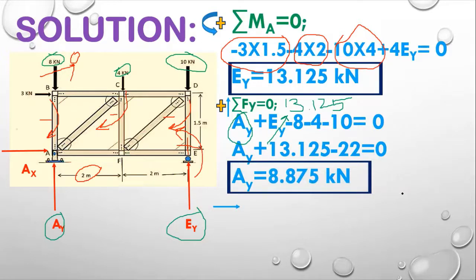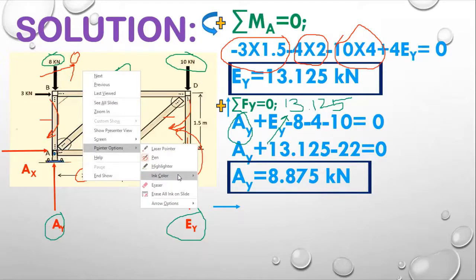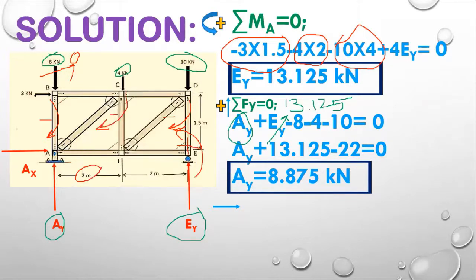So now I am going to sum up horizontal forces. How many horizontal forces are here? Let me change the color of my pen, again, it will be more clear to all of you. So how can I do that? This is the horizontal force, 3 kilonewton, and this one is the AX. This is also horizontal, and both are positive because they are parallel to the positive x-axis. So you can see I am going to sum up horizontal forces here.